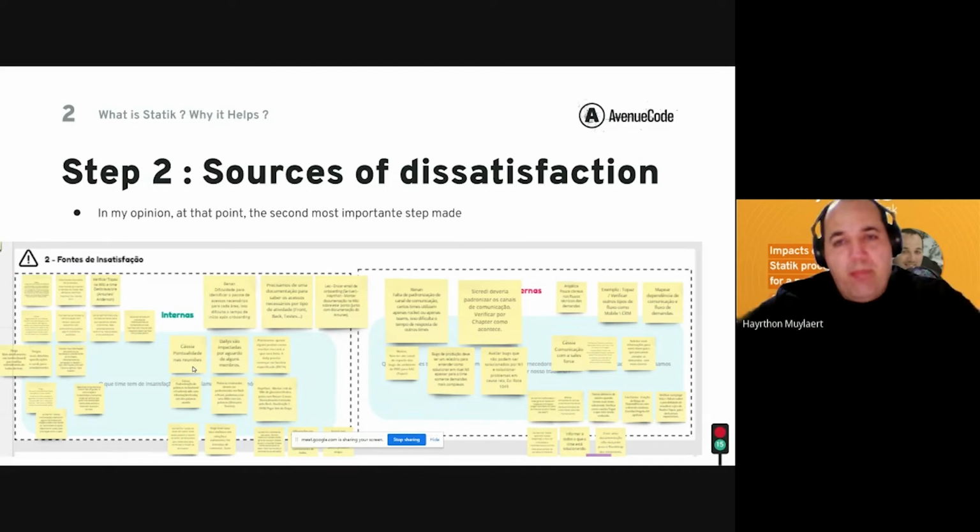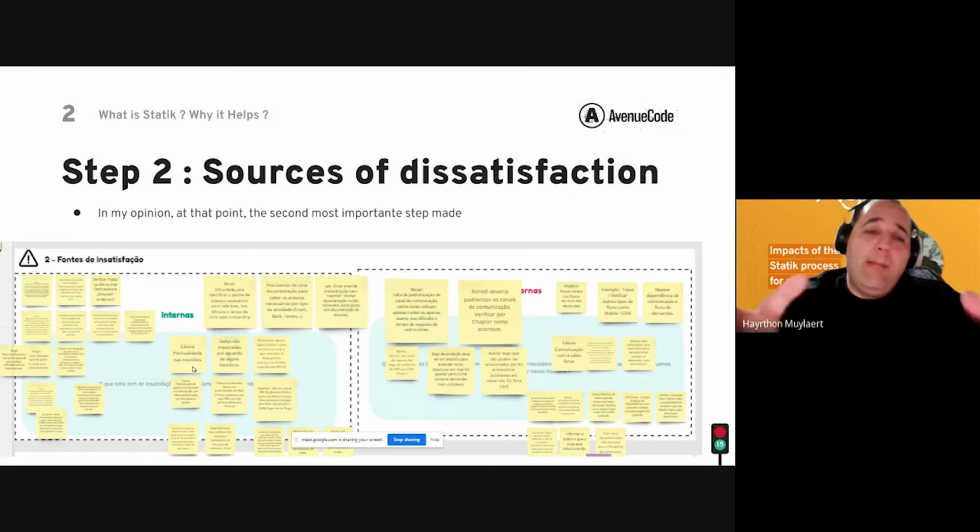So we spent past 2 hours talking about this kind of dissatisfactions, and it gives the team the impression that we are going to do something to change those dissatisfactions. Of course, after the static, it should not be only an impression. We need to do everything we promised them we are going to do in this second step. But at that time, since we only made plans on how we are going to solve those dissatisfactions, it's very important to them to see that this source of dissatisfaction